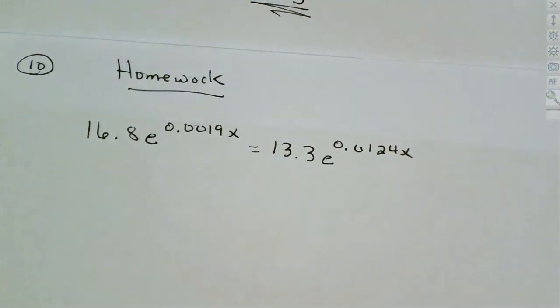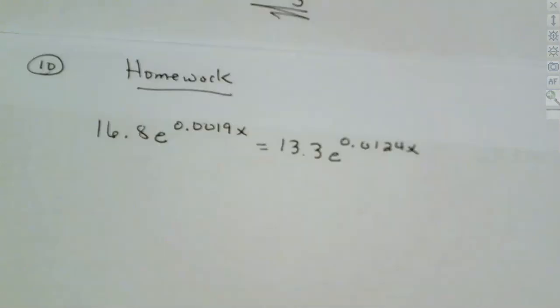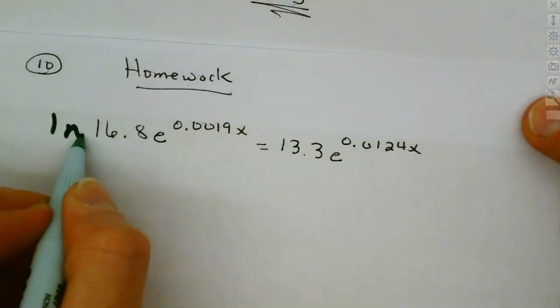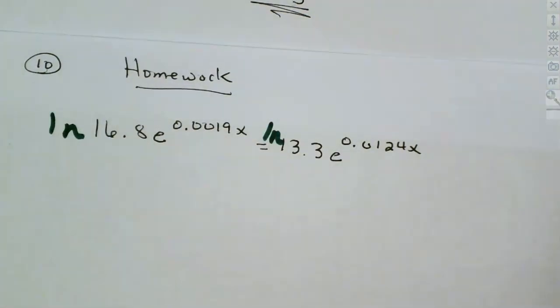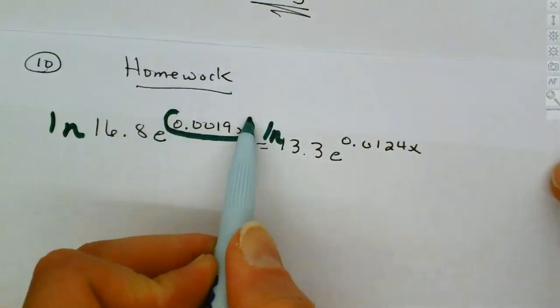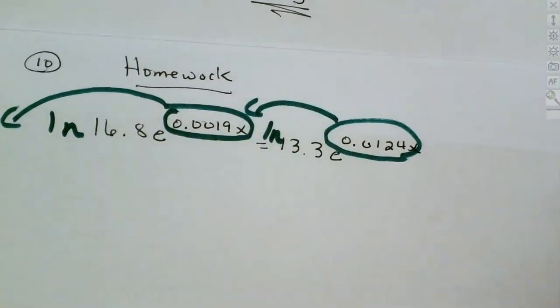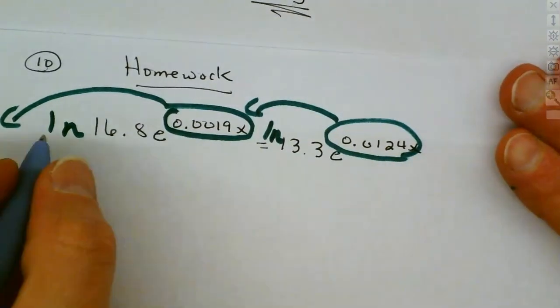Okay, now how can we work this one out? What can we use? Well, we've got different techniques that we can work through. What I would recommend is a logarithm, and I would probably use a natural log because we have the e. Now we're going to use a logarithm. That's going to allow us to bring powers down. That's our goal, is to get those powers to come down. So I'm going to take the log of both sides. And if I take the log of both sides, then this power can come down, and this power can come down as well. So rewriting, we now have